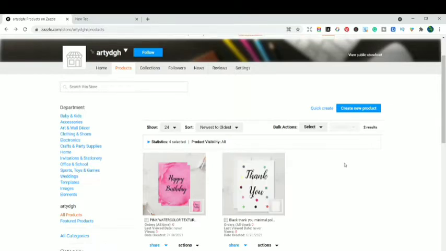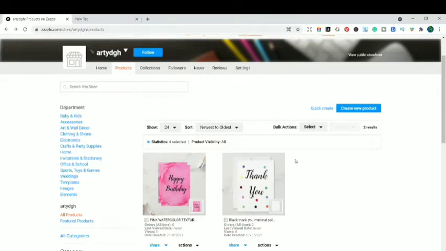Today I'm going to show you exactly how to upload your design as a template so that you don't miss out on sales. I'm also going to show you the difference between uploading your design as it is and uploading it as a template. That's the major difference compared to other print on demand websites, where you just upload your design and that's it. But here you need to upload your design, create a template, and only then publish those designs. So that's the major difference between Zazzle and other print on demand websites.